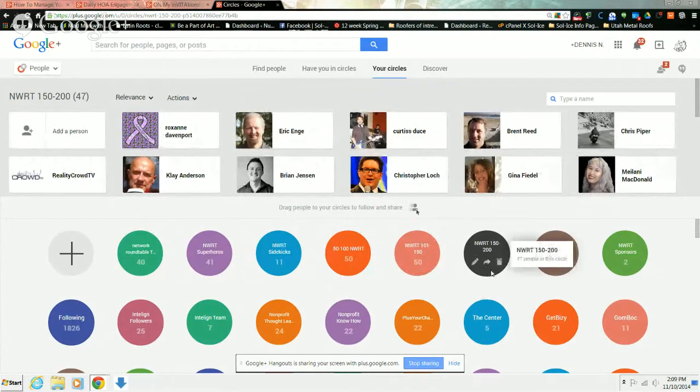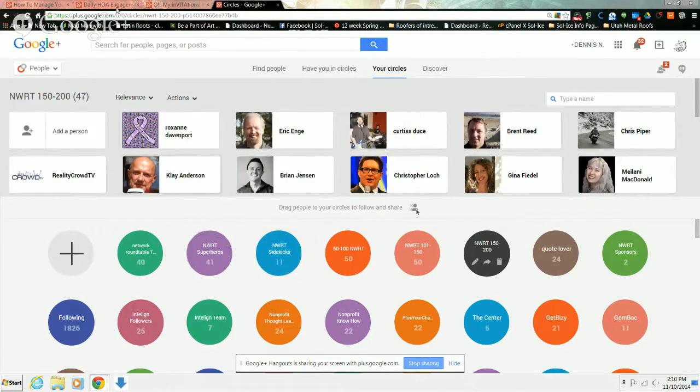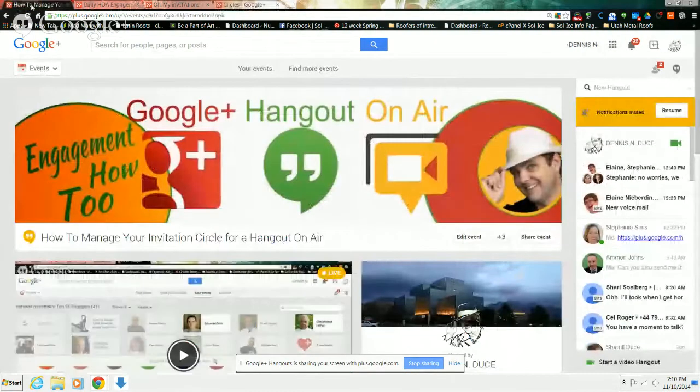At some point, I'll have more than 50 in this circle, and I'll add another one. As you can see, superheroes is getting close to having 50 in it. At the time that it has 50 in it, I would create Network Roundtable Superheroes 50 to 100. And then all you do is you take your event and